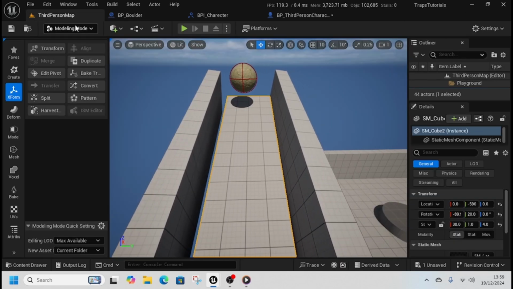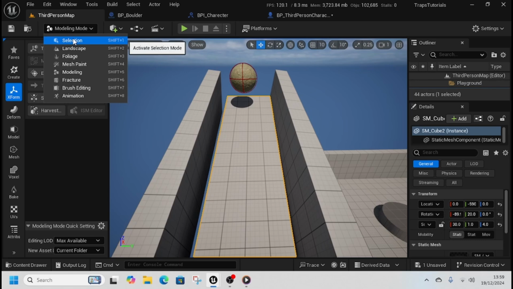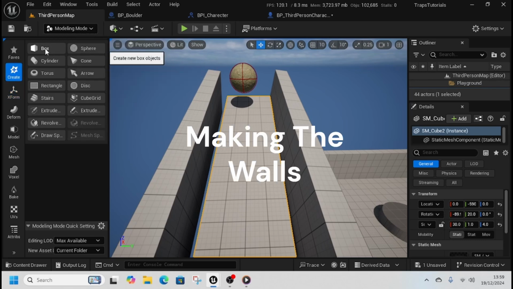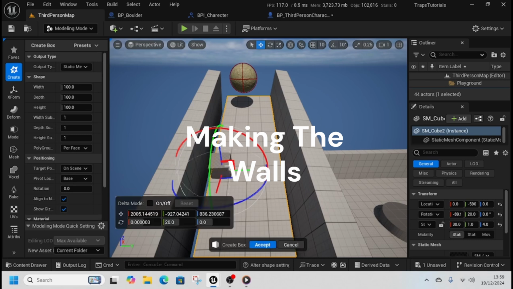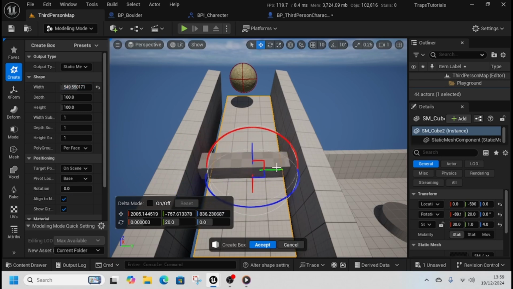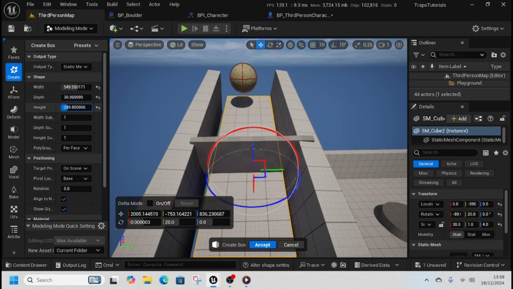Now to do this, we're going to go back to our modeling mode. So if you've closed it, go back up to the top, select modeling, select create. We're just going to create a box, and here we're going to make it wider, and we're going to make it thinner, and we're going to make it taller, just like that. Okay,